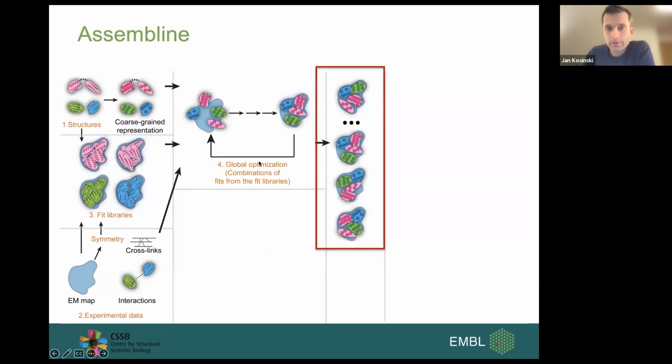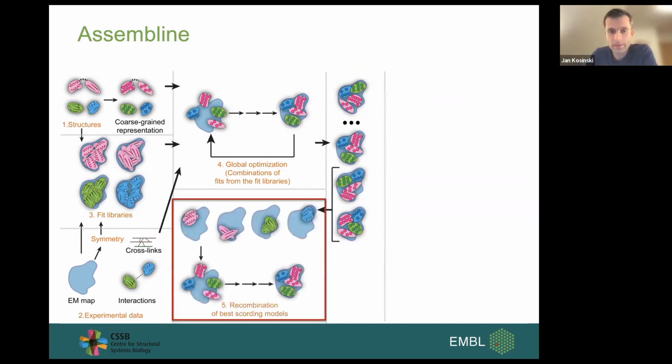So we run this step many times. Because of the Monte Carlo stochastic approach, it's very rare that you get the best model in one single run. So we run this many times, depending on the size and the complexity of the complex. You can get a good distribution from hundreds to many dozens of thousands of models. And then we provide an optional step of recombination of the top models.